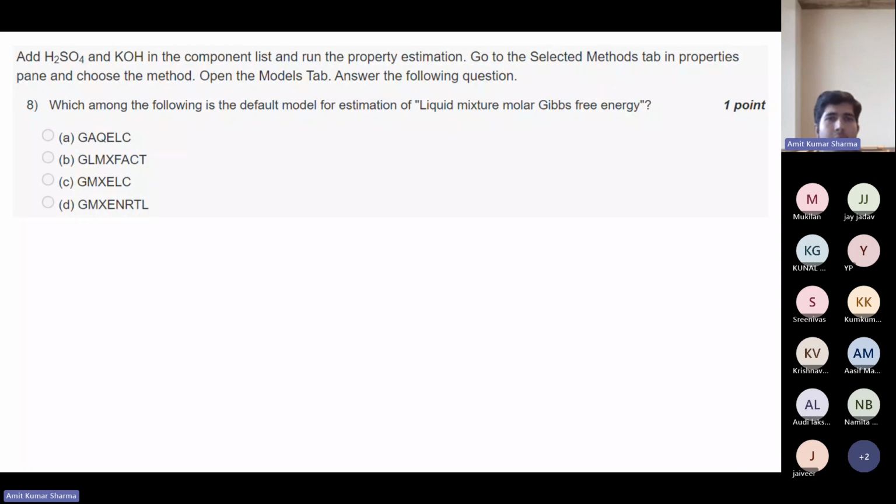Just add 2 more components. Run the property estimation. Then go to the selected methods tab. Then go to the properties pane and choose the method. Then open the models tab and answer the following question. Everything is specified clearly. Just follow it.